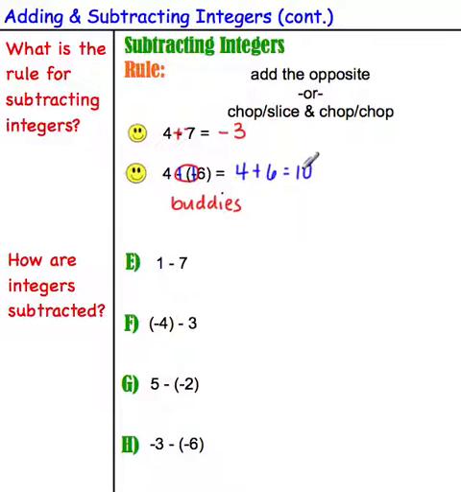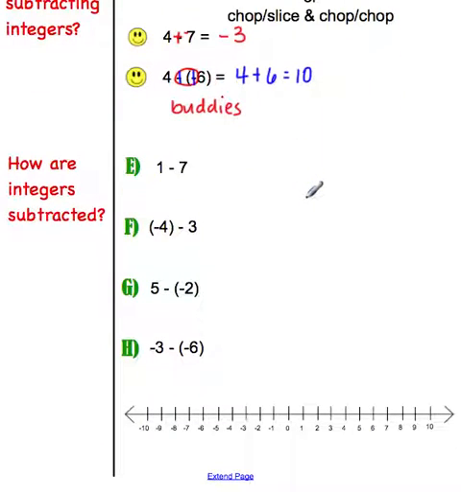So let's go ahead and take a look at some examples here. And I do have a number line that can help you. Remember, negative also means the opposite. So we have 1 minus 7. I'm going to start at 1 on the number line. And 7 is positive, so you would think you would move right, but we're moving the opposite of positive 7. So I'm going to move left 7. 1, 2, 3, 4, 5, 6, 7. Therefore making -6